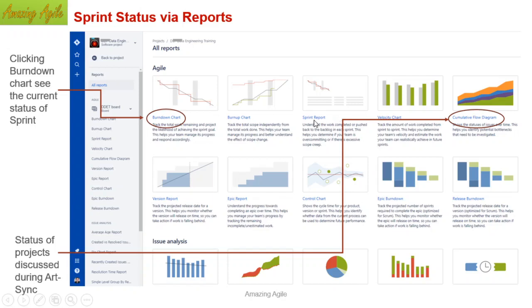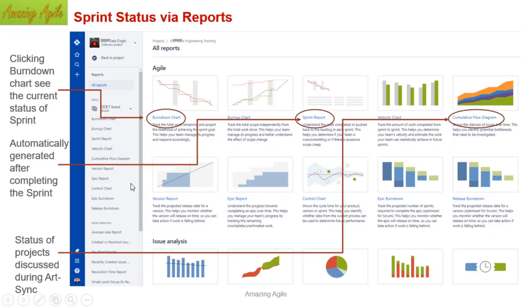Another point is the sprint report. Once you complete a sprint, you will automatically see the report. This will show you first the burn down chart, and then the number of stories you have taken in the beginning of the sprint, how many stories you ended, what stories you moved down during the sprint, what stories you have not completed, or any changes. Like if you have split the story, or if you change the story point of the story, everything will be recorded and shown to you.